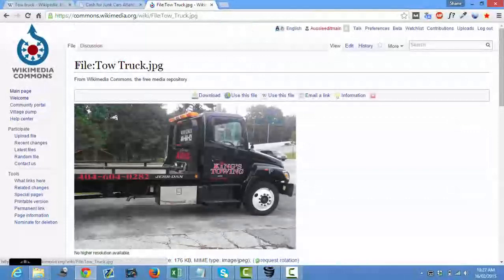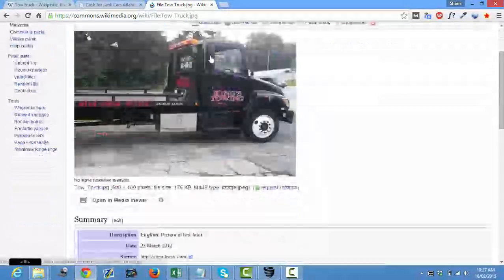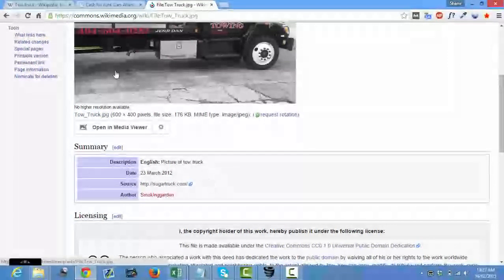And you simply copy that and add it into the syntax. So you can see you've got a link there as well. So that was the source. The author is my username. The source is where you want to drop your link. And anytime you see that little blue arrow, that means an external link.